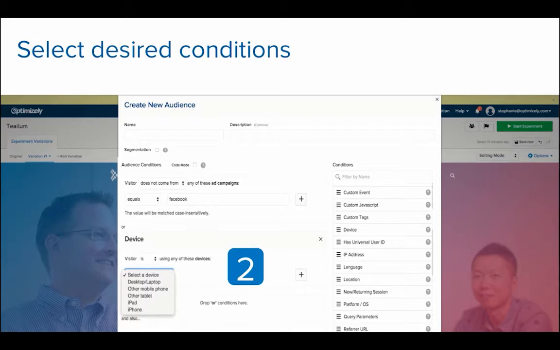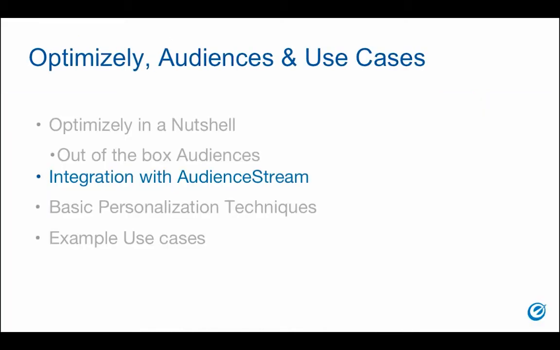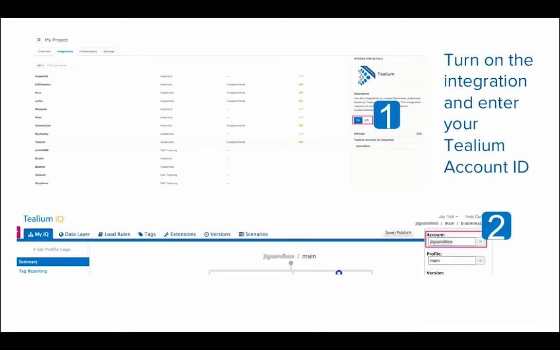In order to leverage audiences in Tealium, we need to make them available as segments in Optimizely. Once you have your Tealium and Optimizely tags on your page, things become super simple. You just go to your Optimizely homepage, click on the Integrations tab, and turn on the integration in Optimizely. Then you will be prompted to enter your Tealium account ID, which you can find by simply logging into your Tealium account. Don't worry, we're adding a quick link at the end, which we will share, that goes into more of the details of what the integration entails.